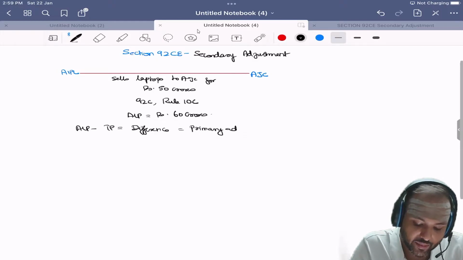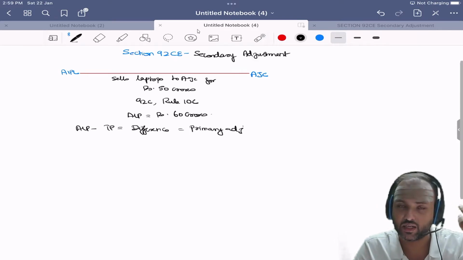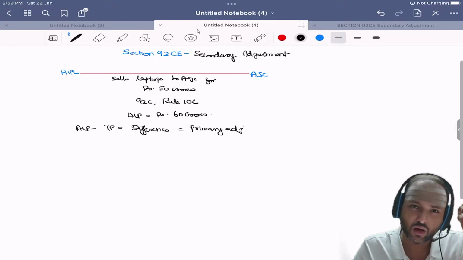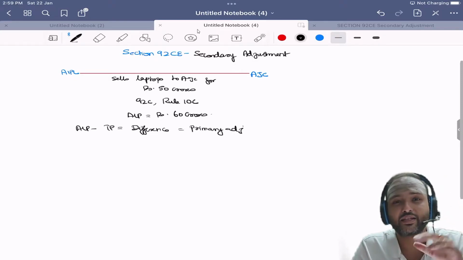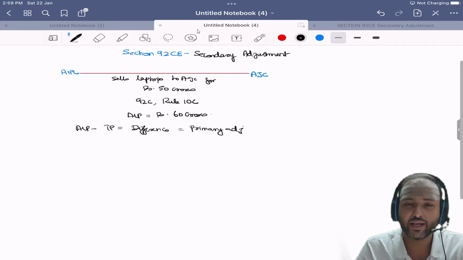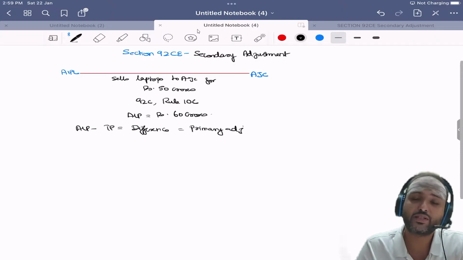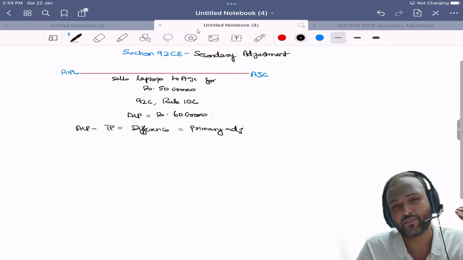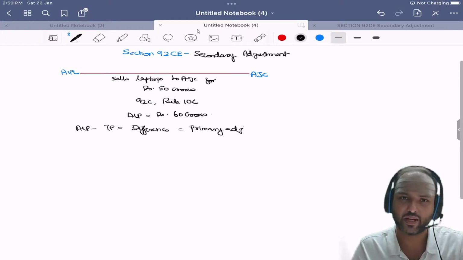So whatever problems we have done under cup method, whatever problems we have done under resale price method, whatever problem we have done under cost plus method, whatever problem we have seen under profit split method, all these will tell us what is the arm's length price, and it will also give us what is the transaction price. If the arm's length price is beyond the transaction price in case of a revenue transaction, what do we call it? We call it as a primary adjustment. So whatever adjustments we have seen so far is called as primary adjustment.